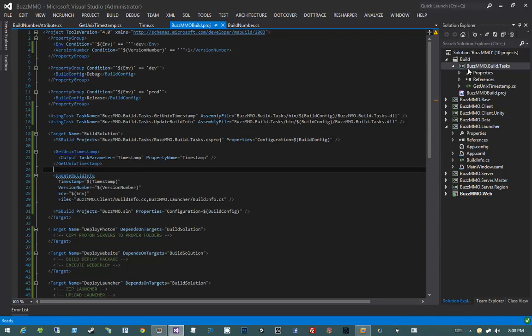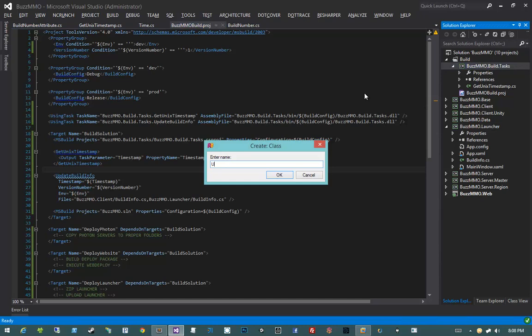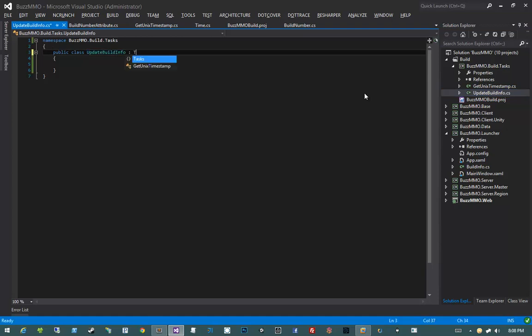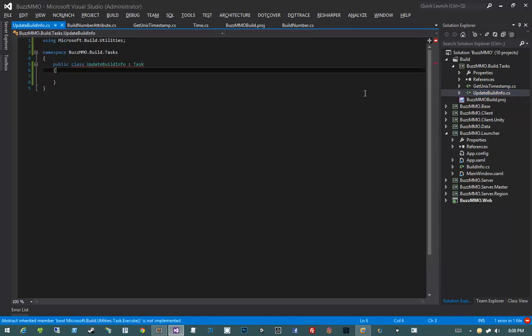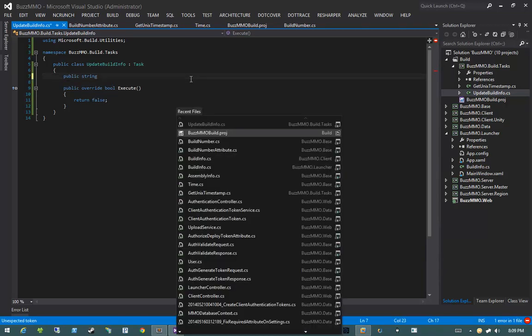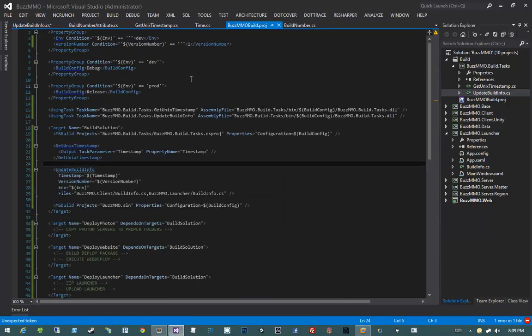So let's come back here to BuzzMMO build tasks. Then I'm going to create a new class called update build info. And I added a quote at the end of that for some reason. And it's going to inherit from task, which comes from Microsoft Build Utilities, and it's going to implement the execute method, and we're going to do a couple different things inside of it. First of all, we need to specify our parameters. So I'm going to say public string, and then timestamp,